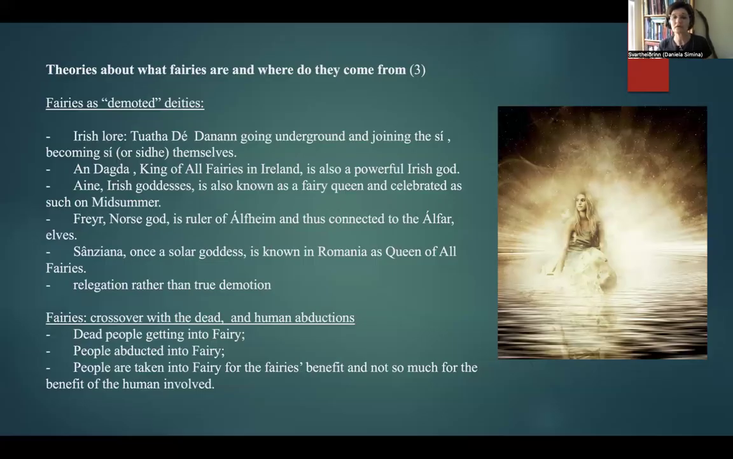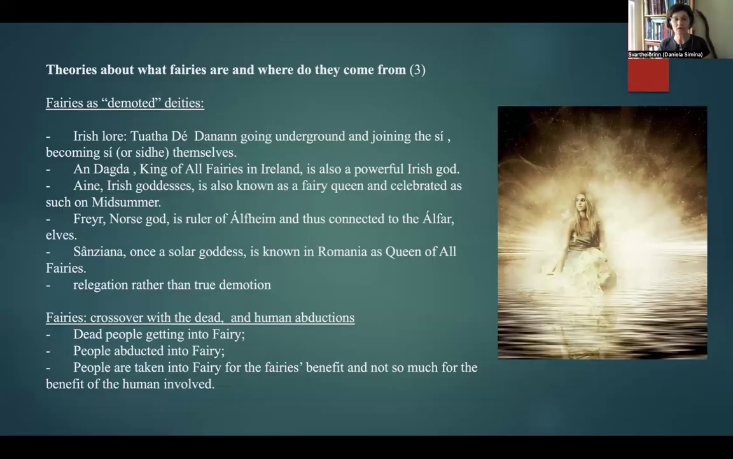Áine, she's a fairy queen. She's celebrated as such on Midsummer. She seems to have a connection with healing, women, empowerment, a form of a sun, the sun that is mild. So not the sun that is destructive and burning and scorching the ground, but that mild sun